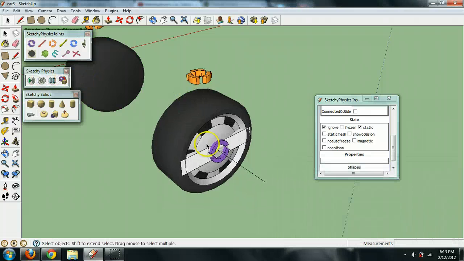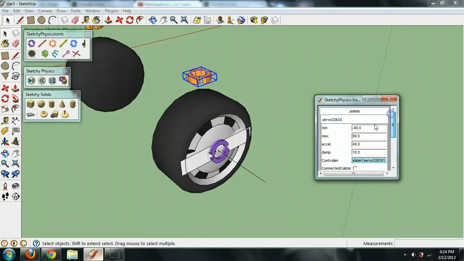If it doesn't do that, then you missed a step or messed something up, so go back. And the thing is that shouldn't turn like that. Cars don't turn by that much. So go minimum -30 and maximum of 30, and this other stuff's okay except for the controller. Erase that, and what you want is, what is it again? I think it's right